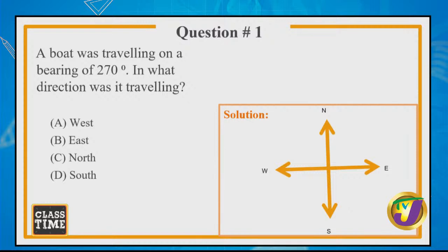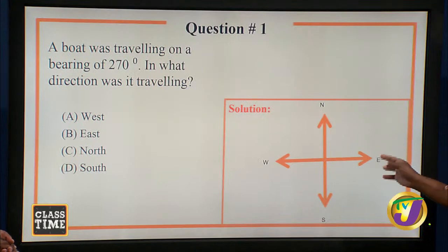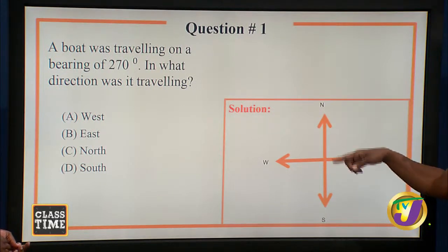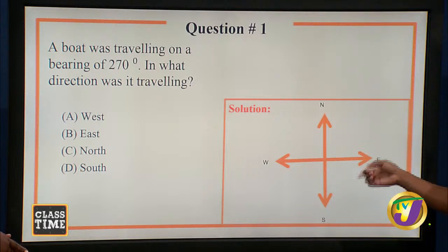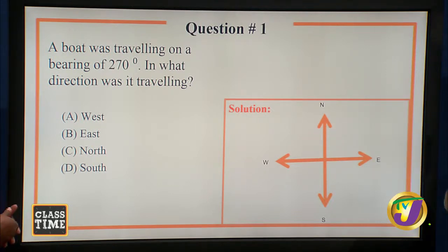Question: 270 degrees. We have the direction. If we are reading the compass, using the cardinal points, thinking about bearing, does it matter the direction in which we go in order to come up with our solution? Right. So in bearing,